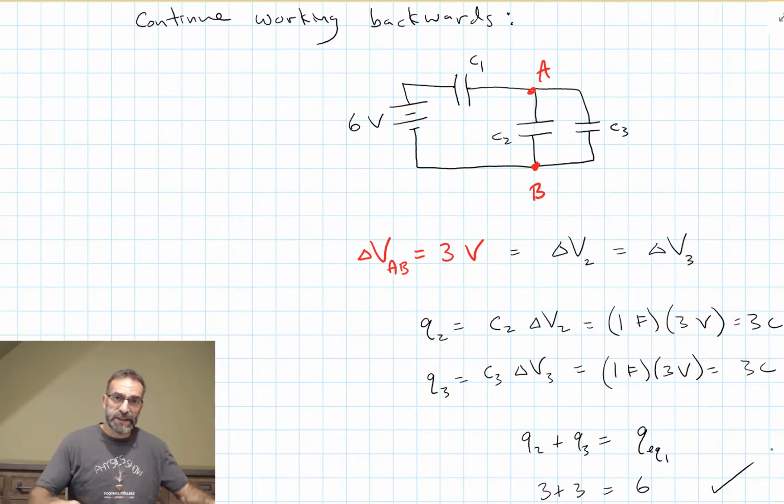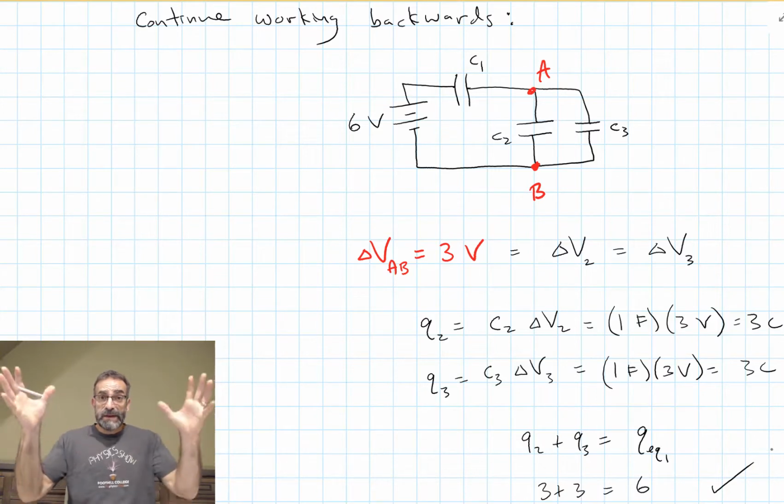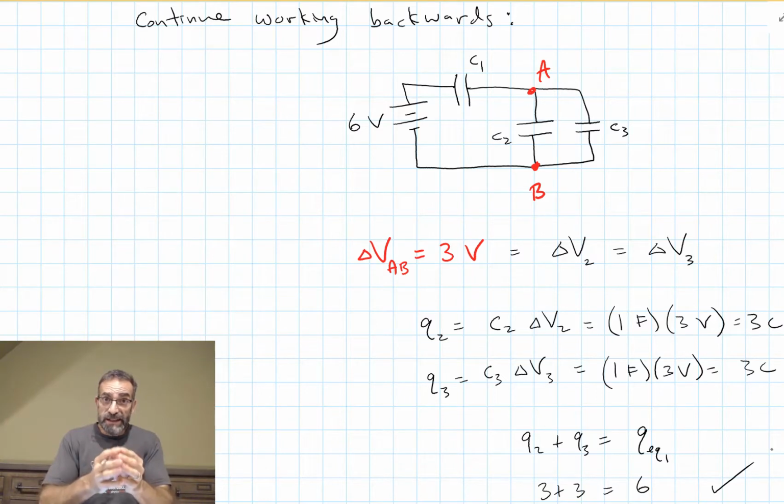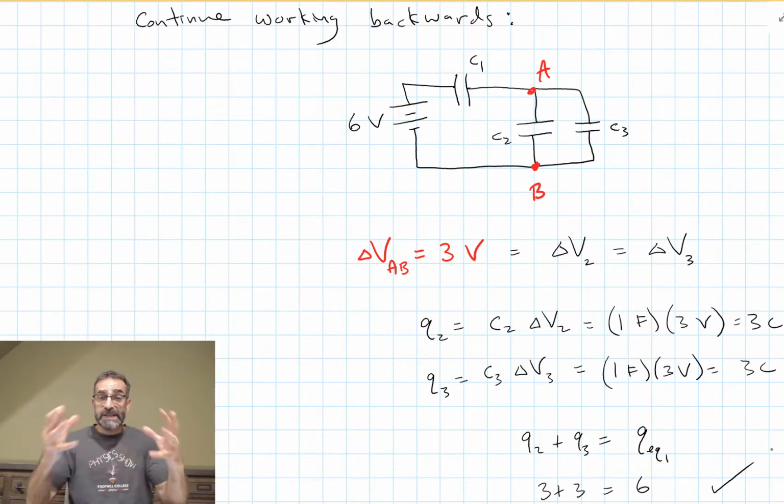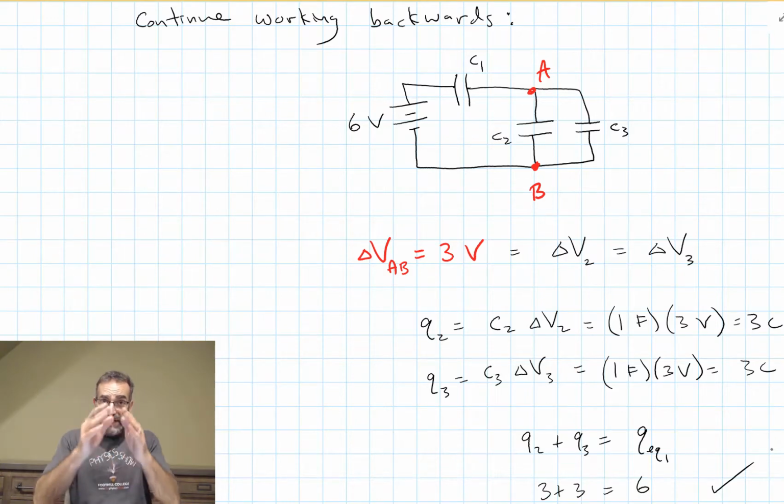Now this was a fairly simple circuit, but you can take very complex circuits and oftentimes reduce them down to one equivalent capacitor. And when we get to resistors, we can do the same thing. We have rules for series and parallel resistors. We can take a complex circuit of resistors, reduce it down to one equivalent resistor, and then slowly work our way backwards